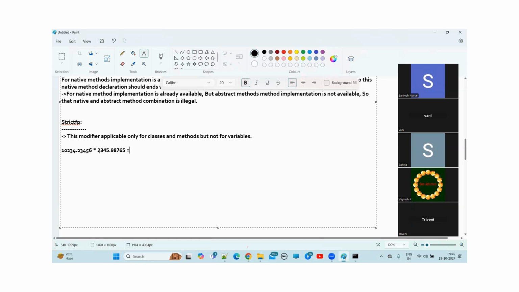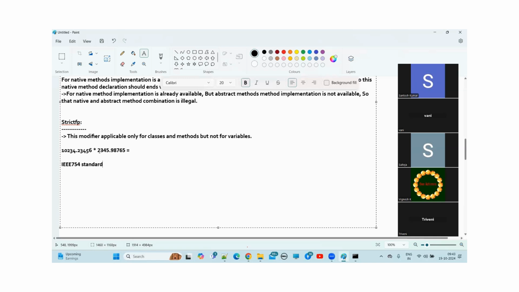In whichever method you are implementing this logic, in that particular method we have to apply the strictfp keyword. If you use the strictfp keyword, the floating point calculations in that method always have to follow the IEEE 754 standard. IEEE 754 standard, guys. So there is some standard. So if you apply strictfp to that particular method,